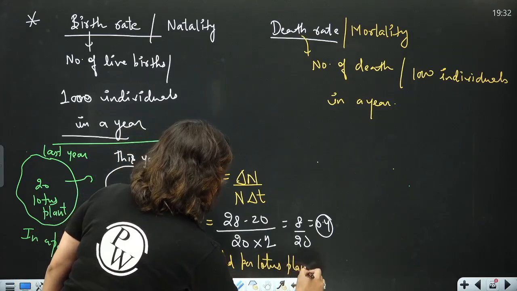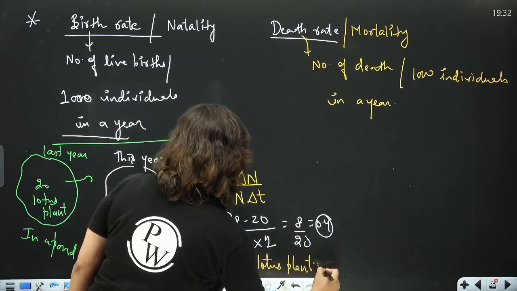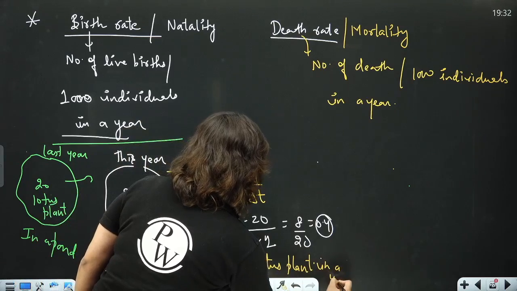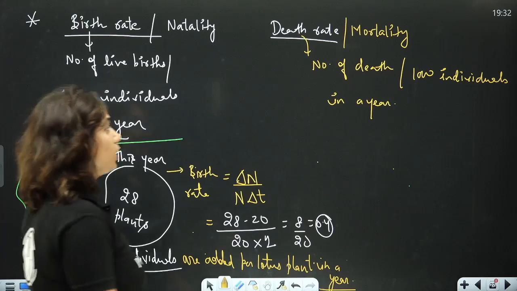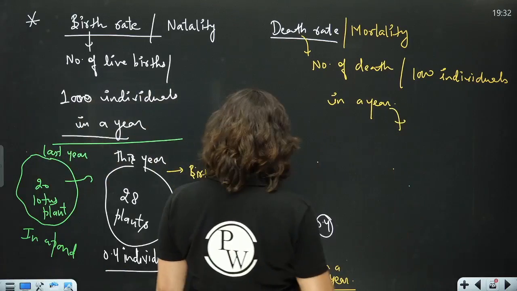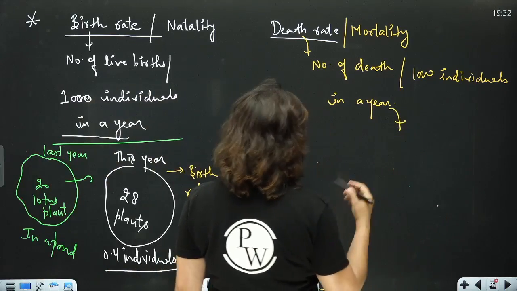Every lotus plant adds 0.5 individual in a year to a pond. This is how this is interpreted. Okay. If I talk about the death rate per se,